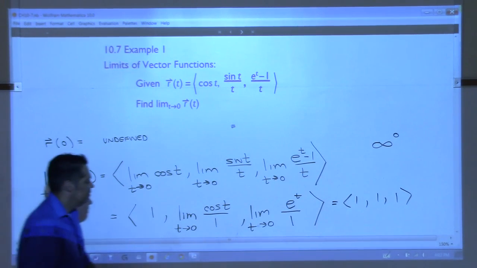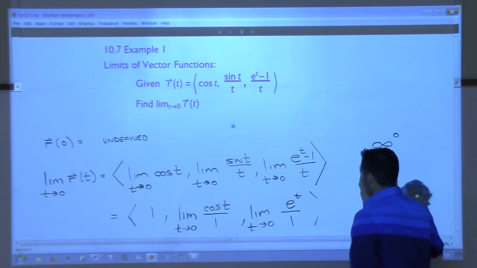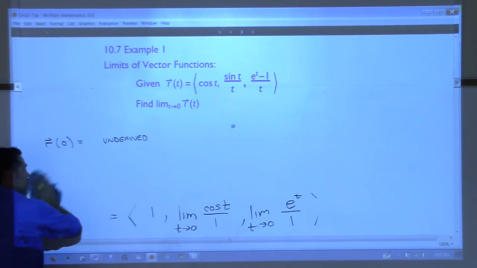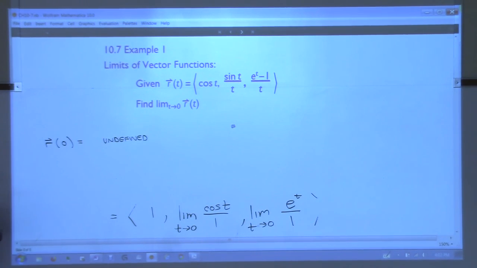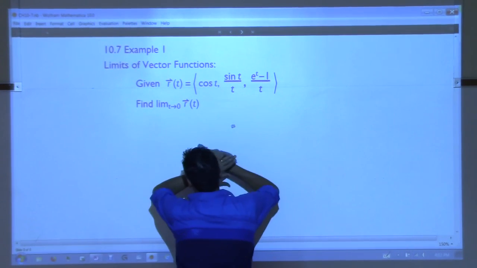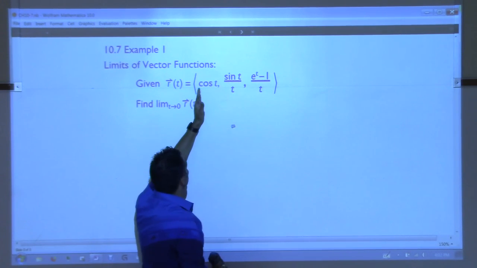All right, so I try and treat this class like it's the last calculus in the sequence, right? So I try and bring all these things back. On the mini exams, I try and make you pull things from college algebra, from pre-cal, from Cal 1, just kind of stir it all back up again. Because it's the last one, so let's pull all these things together now, all right? So we can do limits of vector valued functions. There's nothing new other than the fact that if you have a three-dimensional vector,